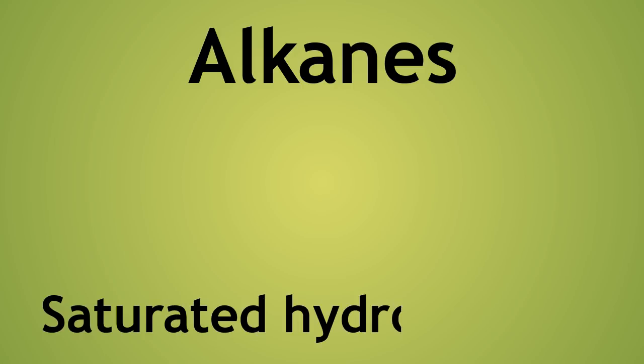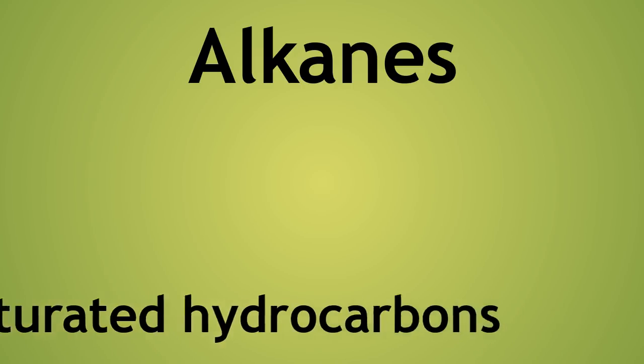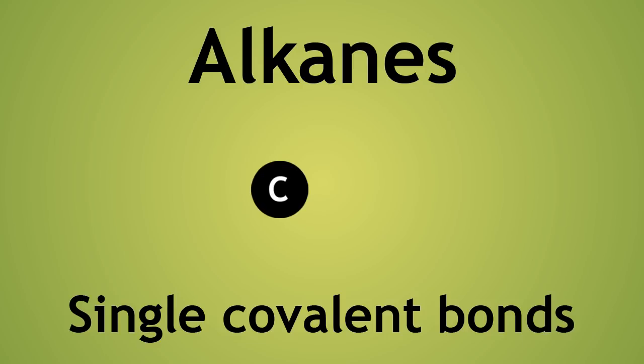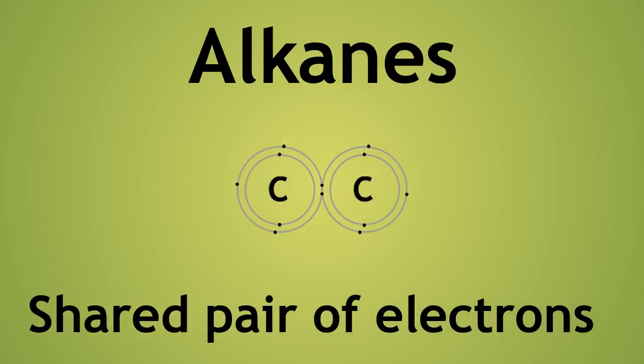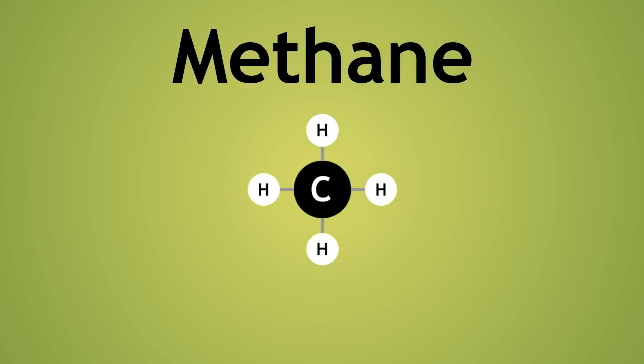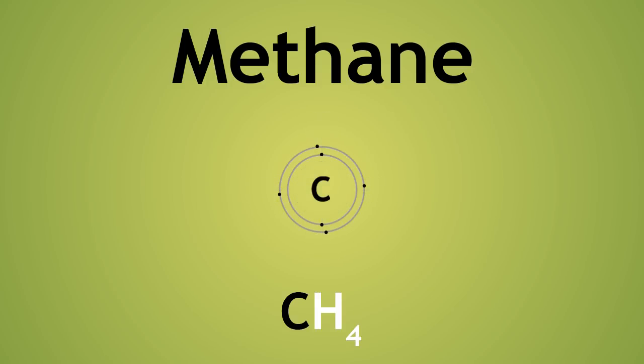Alkanes are saturated hydrocarbons, meaning they contain only single covalent bonds between carbon atoms. A single covalent bond is a shared pair of electrons. Let us take our first alkane in the series, methane, CH4. Carbon has 6 electrons in total, 4 of these being in the outer shell. Carbon, therefore, always needs 4 more covalent bonds to be stable. In methane, the 4 hydrogen atoms have only 1 electron and so covalently bond to the carbon atom, each sharing